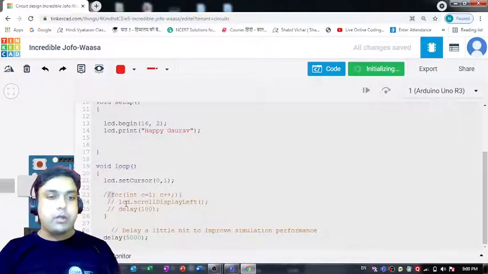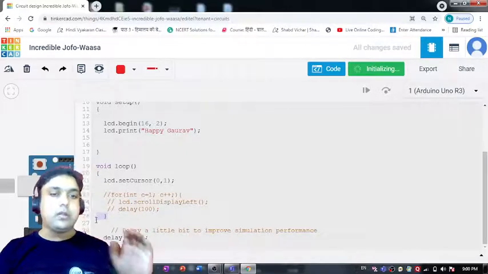So because we have already commented out these 3 lines of code, we don't require this bracket anymore, right? You can close it over here, or else you can remove this bracket. I think after that you will definitely get the right output.